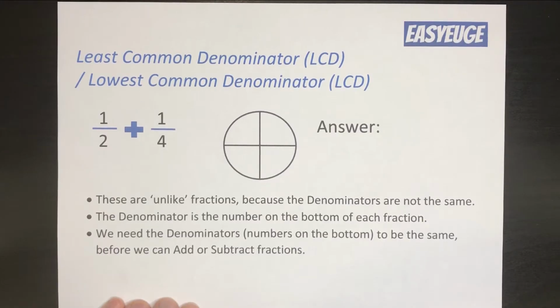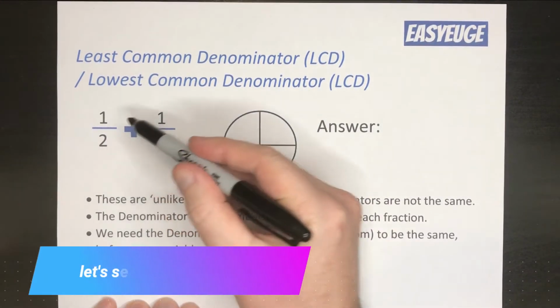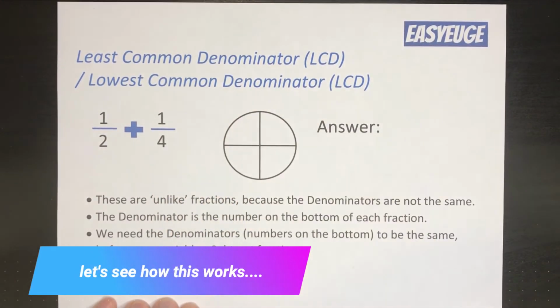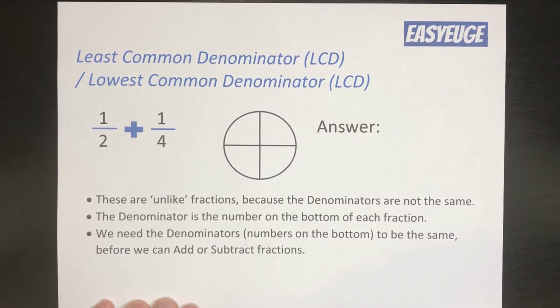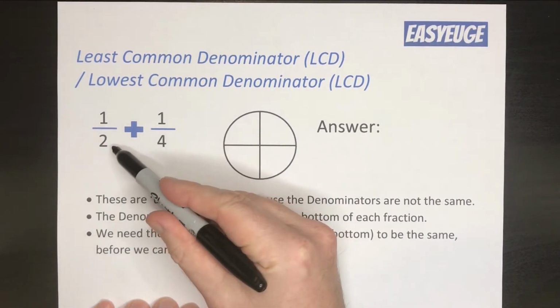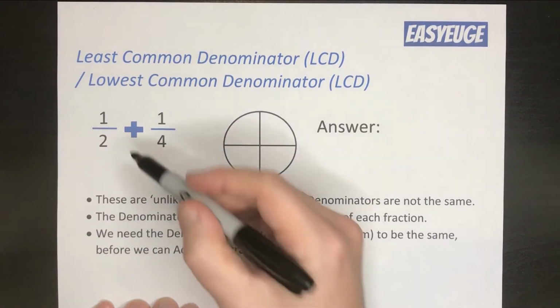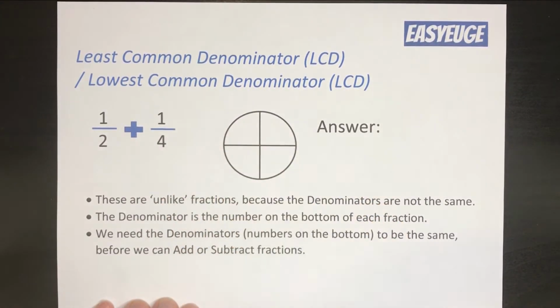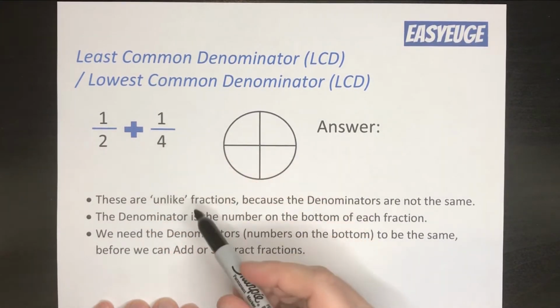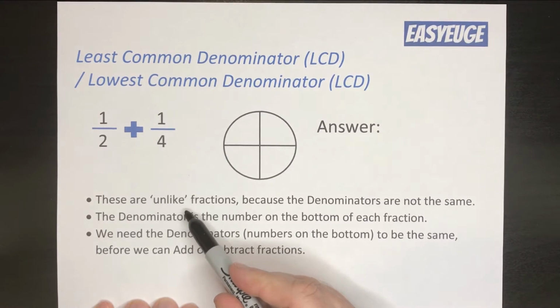Let's take an example where we have to add a half and a quarter. So how do we do it? The one thing to notice about the half and the quarter is that the number on the bottom of each fraction is different. So the half has a 2 on the bottom and the quarter has a 4 on the bottom. So when the number on the bottom is different, these are called unlike fractions